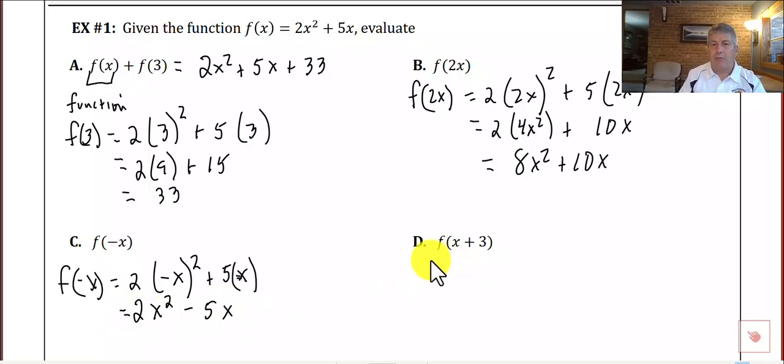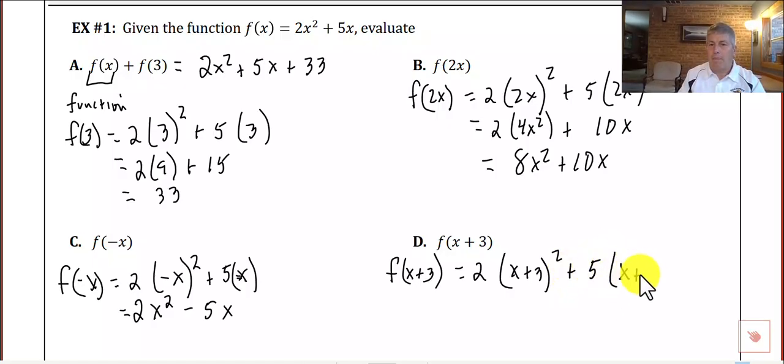And finally, f of x plus 3. We replace every x with x plus 3. So f of x plus 3 is equivalent to 2 times x plus 3 quantity squared plus 5 times x plus 3. PEMDAS tells us to do exponents before we multiply, so we're going to multiply out x plus 3 quantity squared. You should know that multiplication pattern. So that's x squared plus 6x plus 9